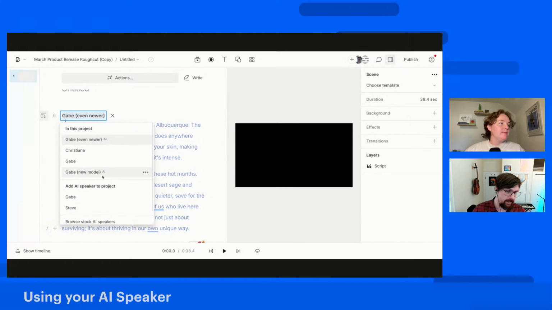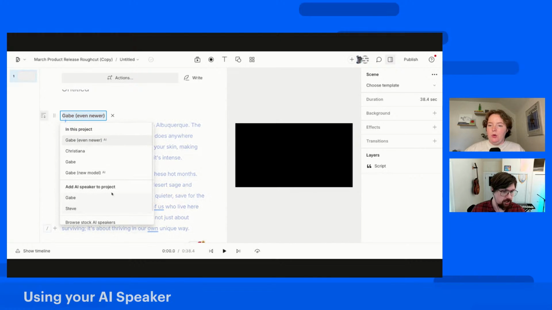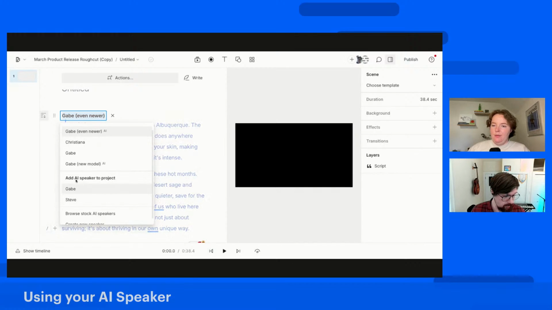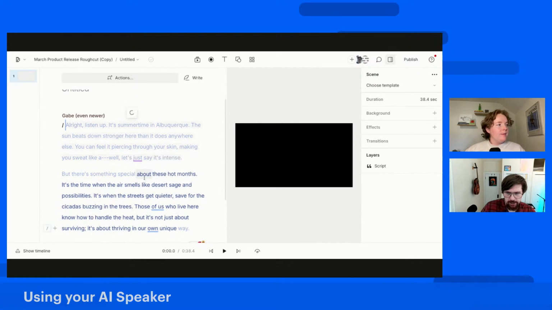You do this through the speakers menu. When we talk about stock speakers and other things like that, we'll go over what these menu options do. But just as a starting point, this will be whatever speakers are available to you, what's been shared with you. And generation for these, I would say on average is basically the same as the old model.